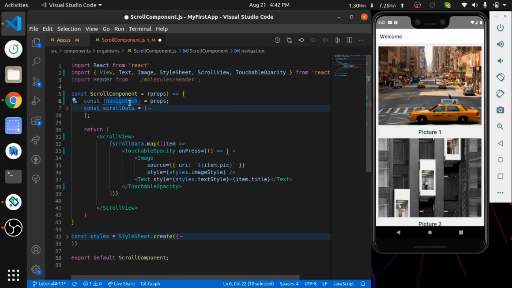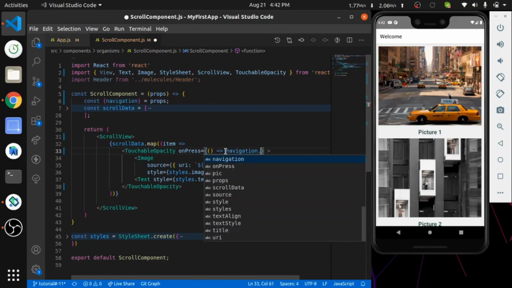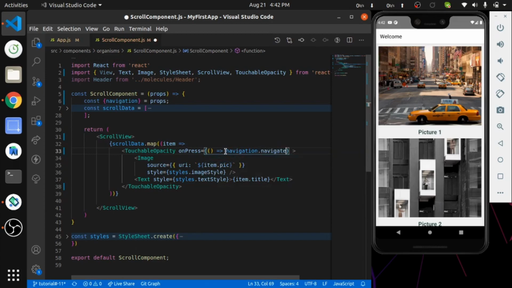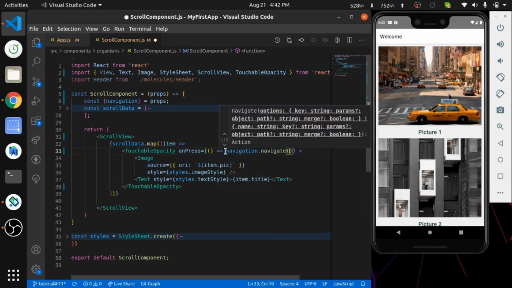So I am going to import navigation like this, and use navigation.navigate where I want to navigate.